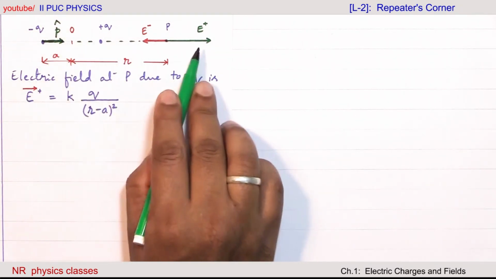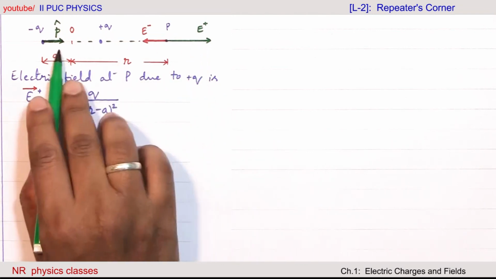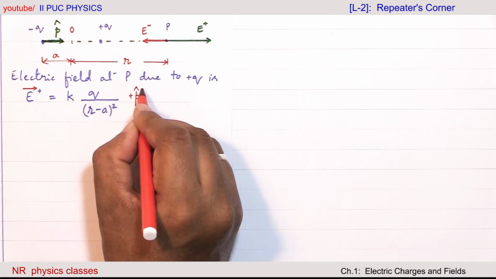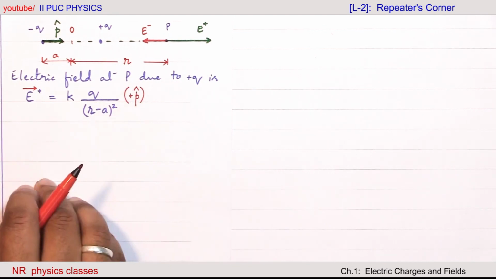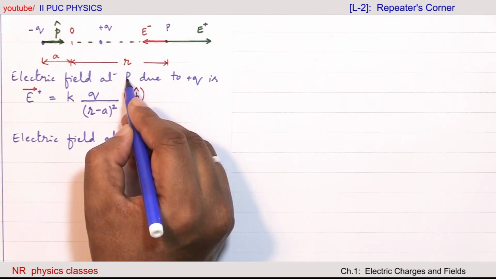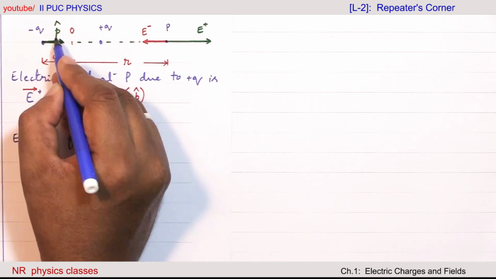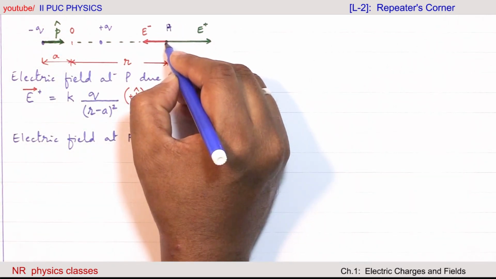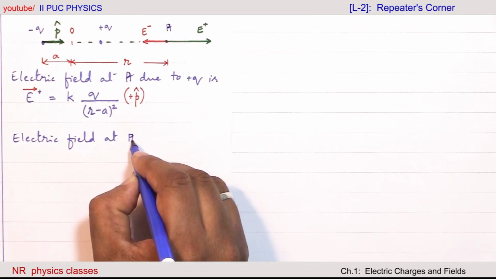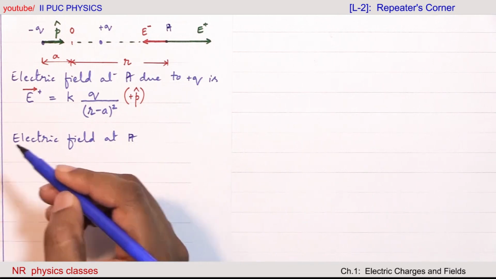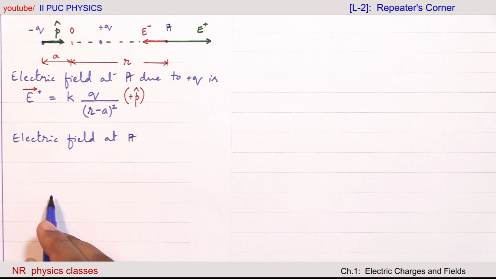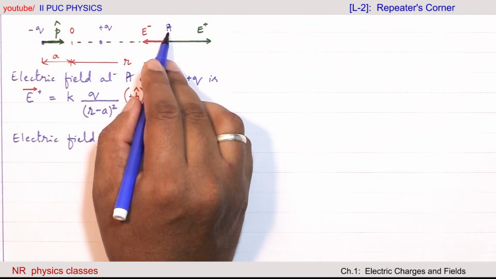See, direction of P cap and direction of E plus are the same, therefore plus P cap. P cap is a unit vector. Next, if there is confusion between this P and dipole moment P, take this as point A. So electric field at A. That is why initially we considered A to be the point at a distance R. Fine. Small correction, let this be point A.